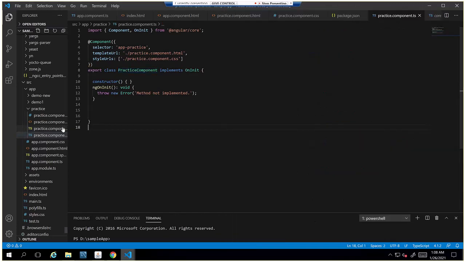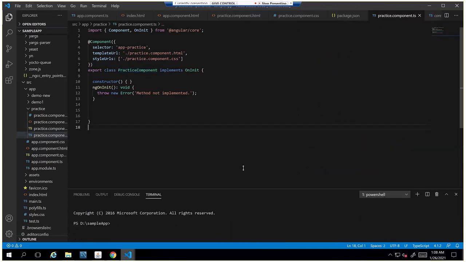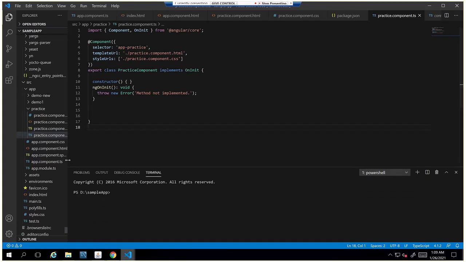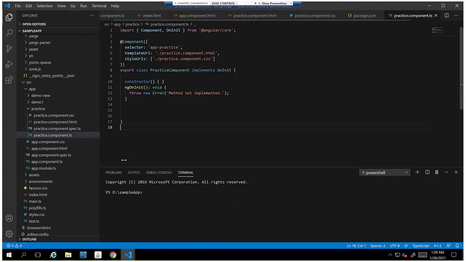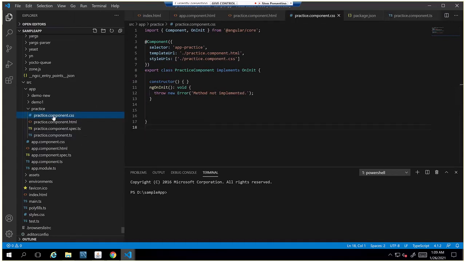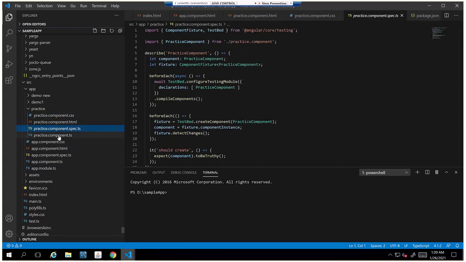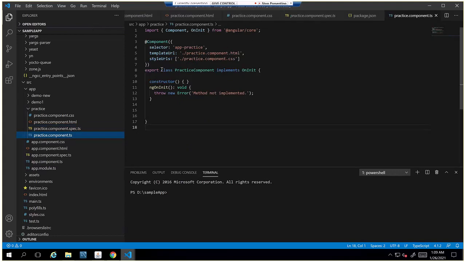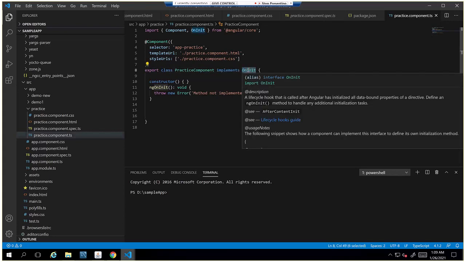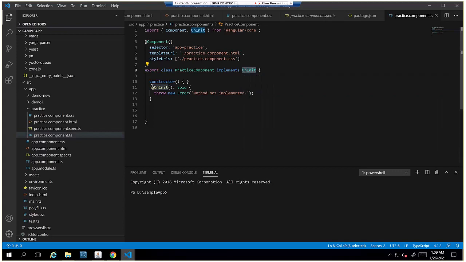In Angular, as we discussed yesterday, if you create any component, it creates 4 files. If you take this practice component, it created 4 files for us: one is the CSS file, the HTML, the TypeScript file, and the spec file. If you see this TypeScript business logic file, it created one class for us, which implements OnInit. This is an Angular lifecycle interface, and it has one method, ngOnInit.